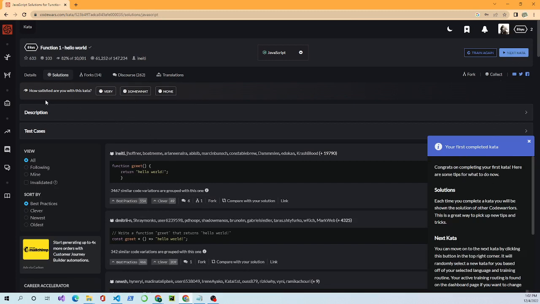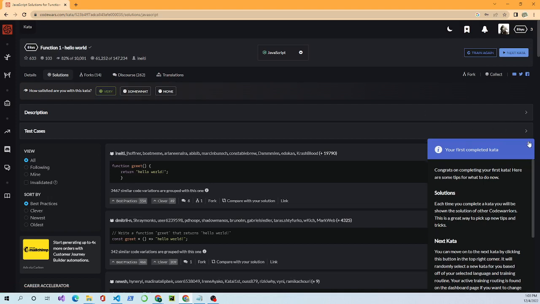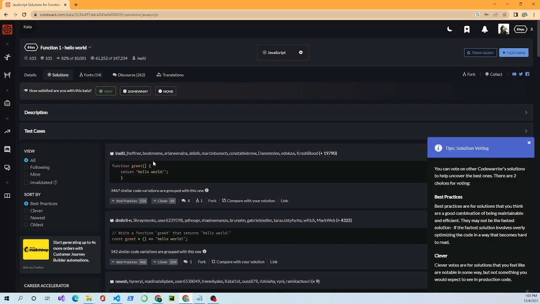Now one thing you don't want to forget is when you're working in Codewars, you can rate the kata. If you rate it very good, you're satisfied, and you learned something, you click that, and it gives you an extra point, if you can notice up here. Your points are always increasing and you're gaining rank. And what I like to do is, when I solve the problem,